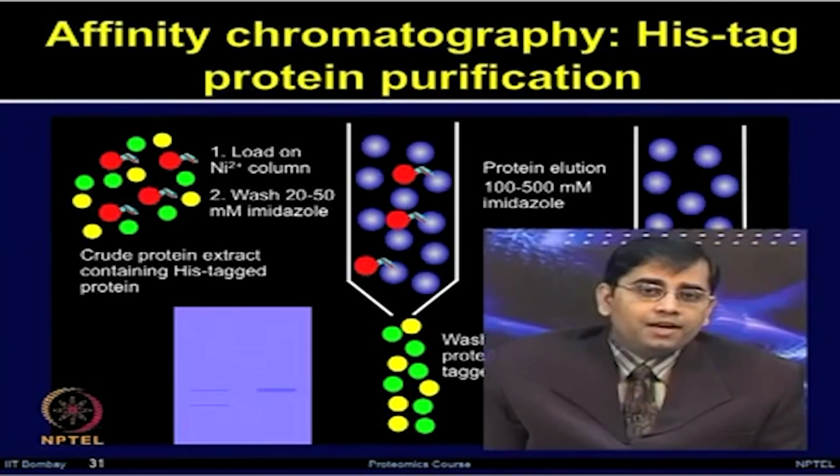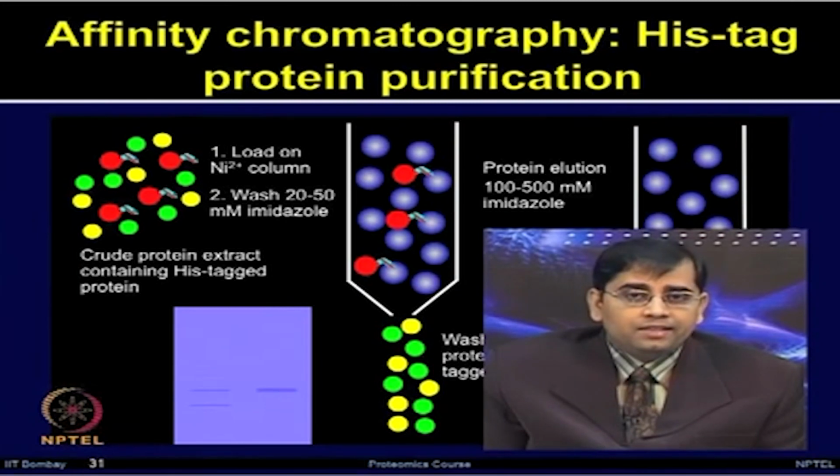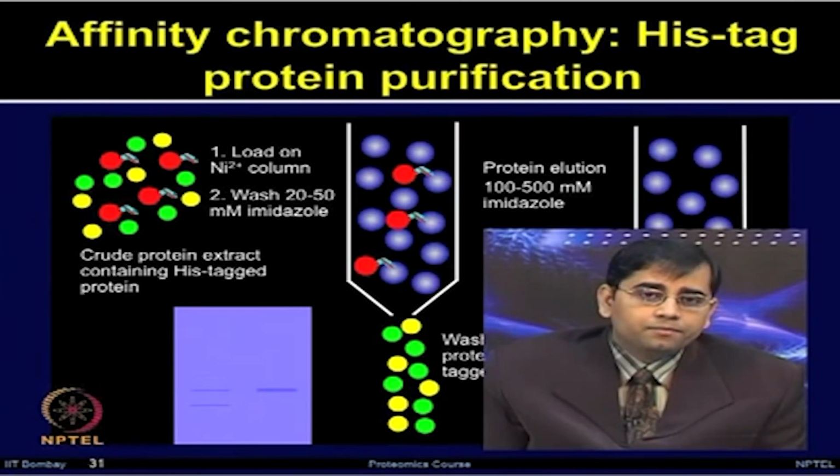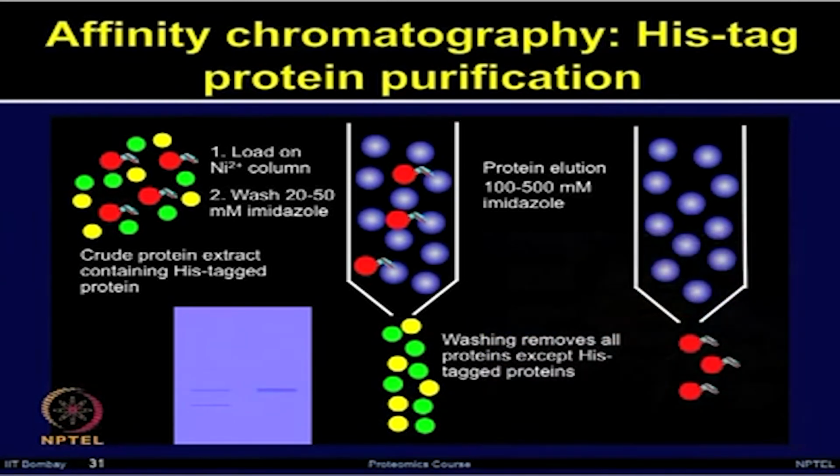Because of the interaction of histidine tag with nickel, the proteins which contain histidine tag will bind to these nickel NTA resins. After washing with mild imidazole, such as 20 to 50 millimolar, unbound residues will come out, but by increasing the concentration, such as 100 to 500 millimolar of imidazole,